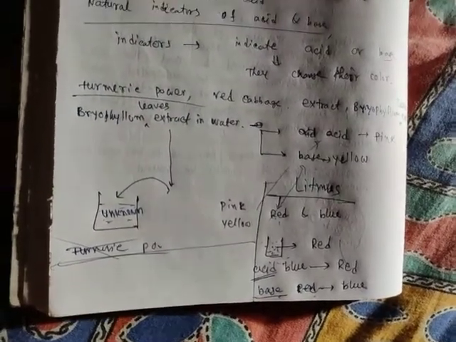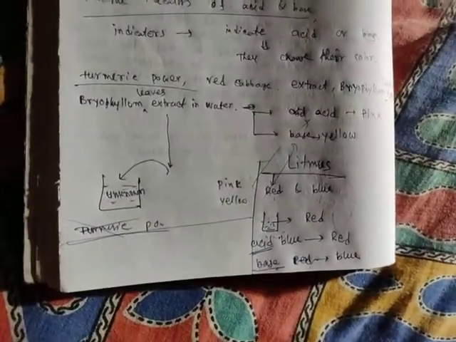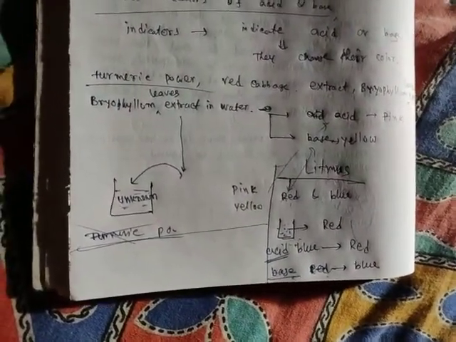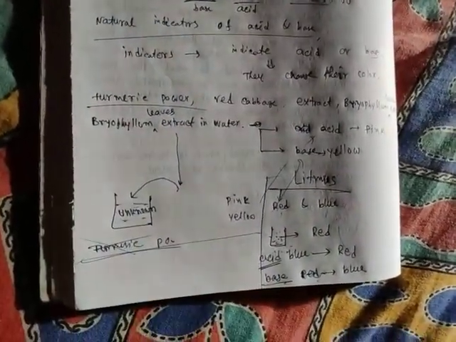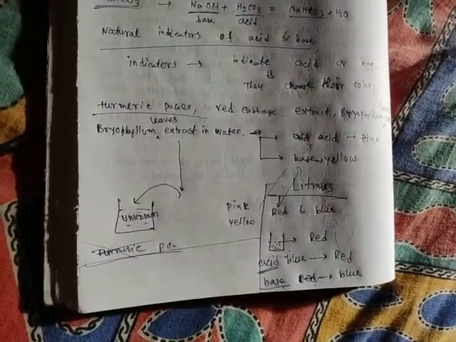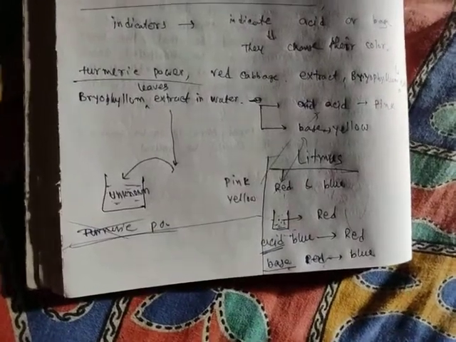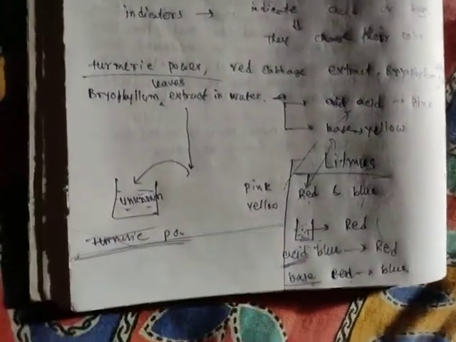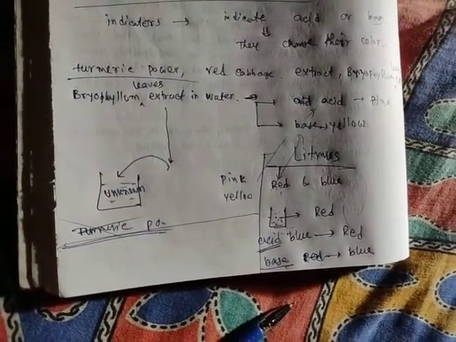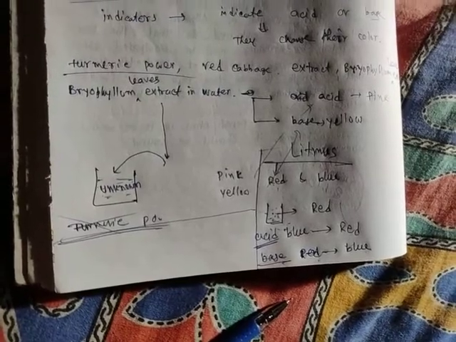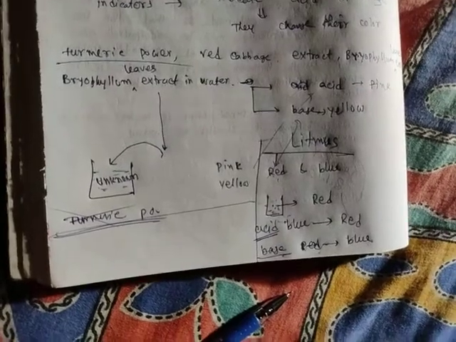Now the turmeric powder test, you can do it in your home. I have not said what color comes. At first you try it in your home. Take some cup of water and mix some turmeric powder, then it must have a color. Now you say, sir, from where can we get acid or base? You can take a lemon. We know lemon juice consists of citric acid, so lemon juice is an acid.